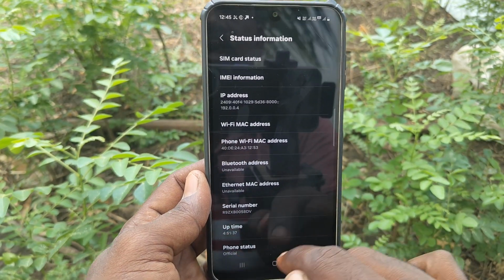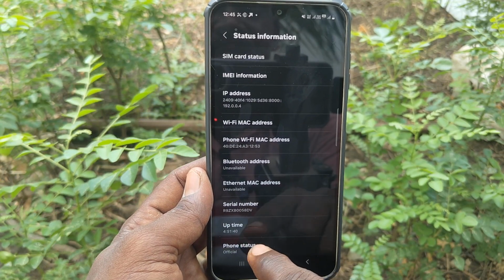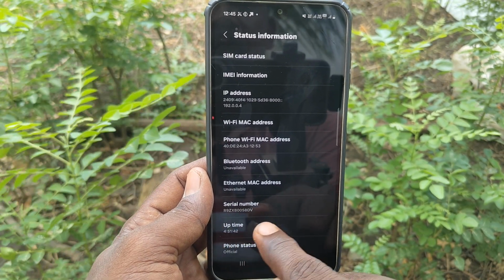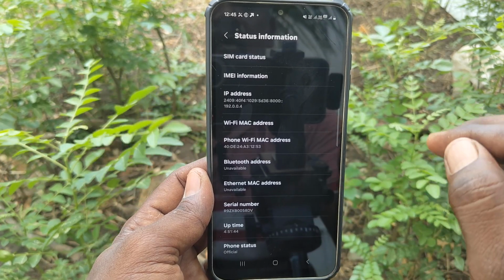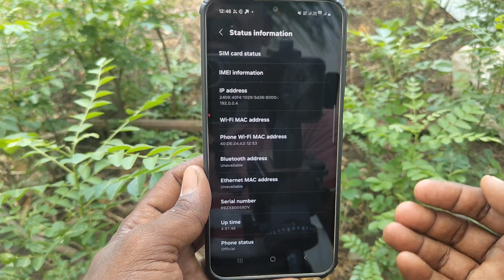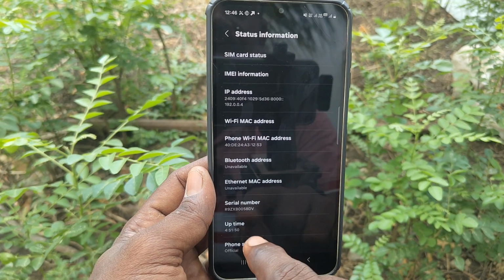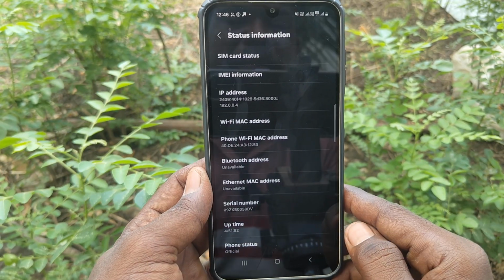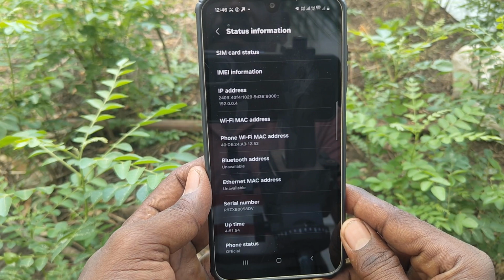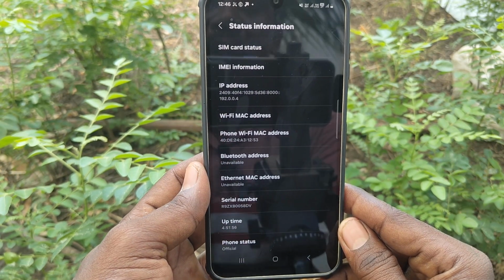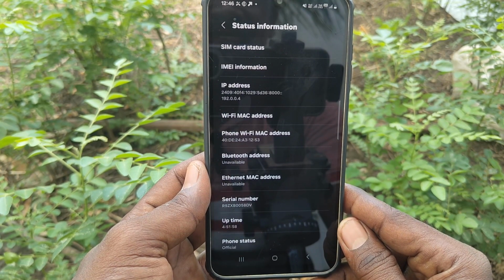Okay, that will be counted here and that will be showing here. So this is called uptime. After purchasing, after starting using your phone, total time will be counted here and it will be noted here. So in this way, you can easily check out phone usage timing or uptime in your phone Samsung Galaxy A16